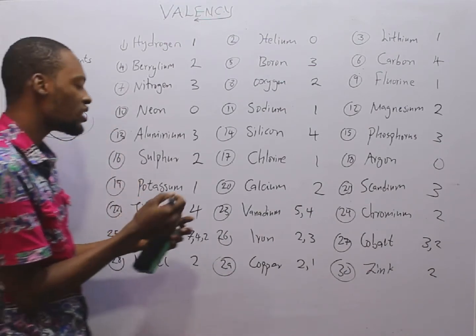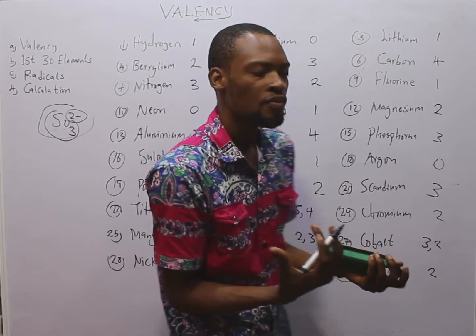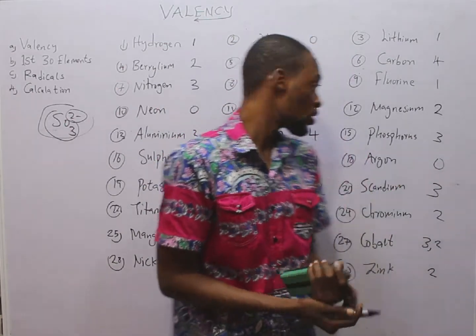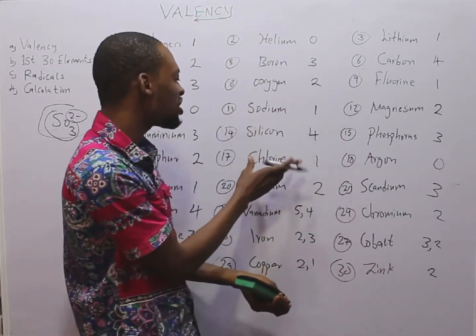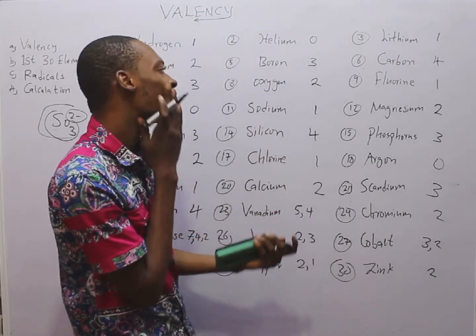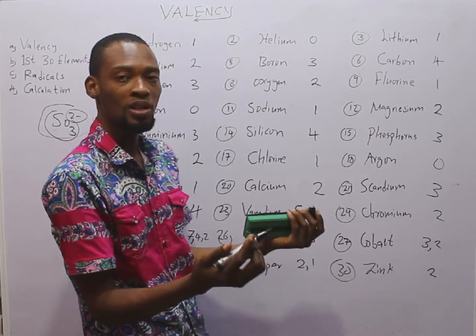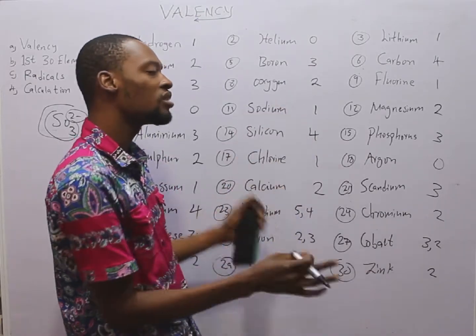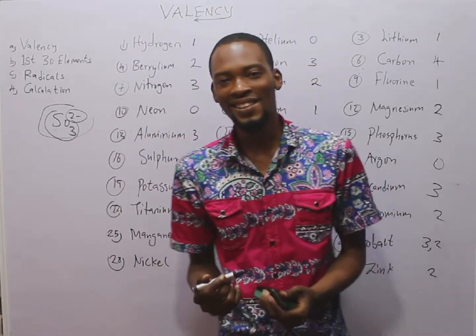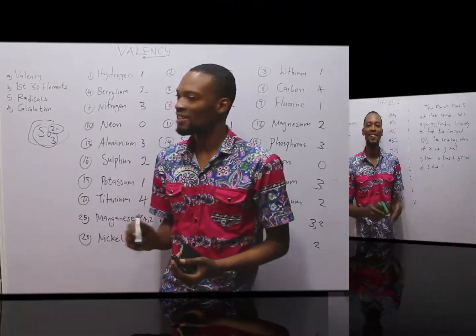But when it comes to valency, we simply put 2. You don't put plus or minus. And chlorine, normally, the oxidation number of chlorine is -1. The oxidation number of oxygen is -2. Calcium is +2. But in valency, you ignore those signs. Is that okay? So let's see radicals.